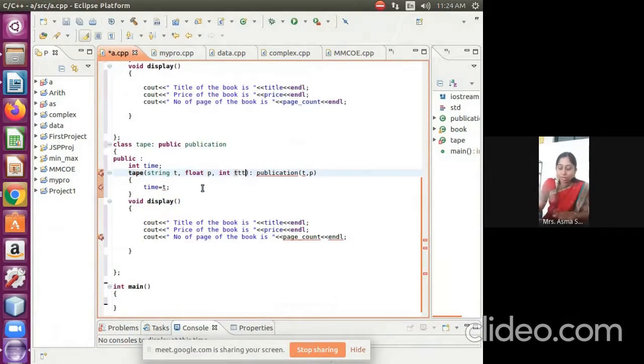Okay, so TT I am writing here. Why? This T and T clash. It's not able to understand this T and this T. Okay, so this T clashes with this T. So I've changed this to TT, time. Okay, so now this time I'm assigning to TT, time. Okay, so we are passing this first string, that is my title, and the price to the base class. Now I'm displaying the title of the tape is, so the only change is this one, title of the tape is, the price of the tape is, and last is the time to play. Okay, tape is.